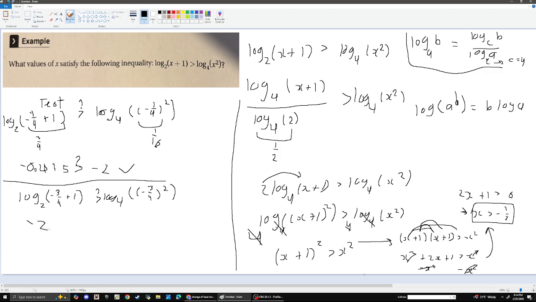Alright, negative 2, we're asking, is that greater than log base 4 of, that'd just be 9/16. Negative 0.415. Nope. So, as you can see, seems like our interval works. Seems like we have a good solution. But, if we go back and check,